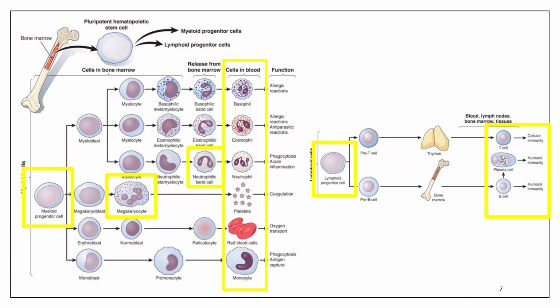Then if it chooses the erythroid line, which is red blood cells, then red blood cells mature through erythroblast, normoblast, reticulocyte, and then a mature erythrocyte, right? Reticulocytes still have residual RNA. That's why special stains matter. And yes, mature red blood cells have no nucleus, are optimized entirely for oxygen transport, and are basically hemoglobin delivery vehicles. And then if that stem cell doesn't choose the myeloid progenitor cell route, it chooses the lymphoid progenitor cell line,